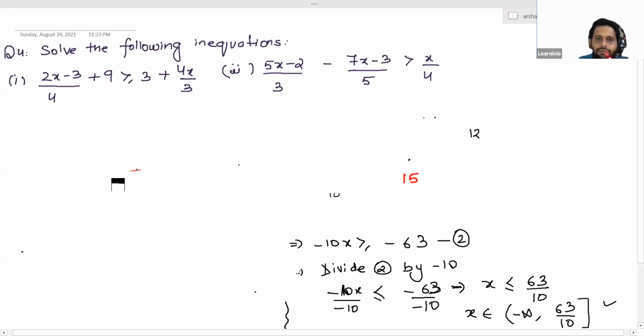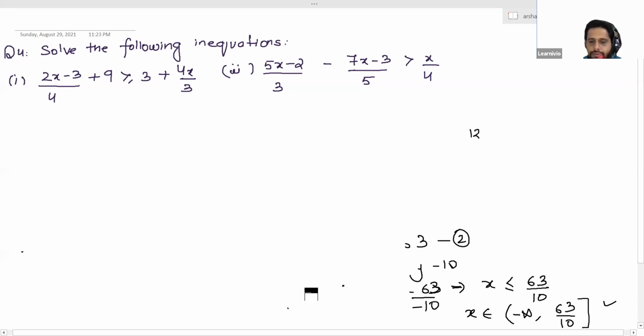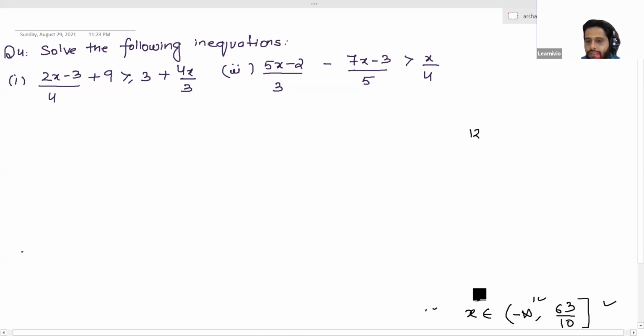Please start the second one, 5x minus 2 by 3 minus 7x by 3 by 5. Please start the second question and share your answer. And if you have any doubt, then please